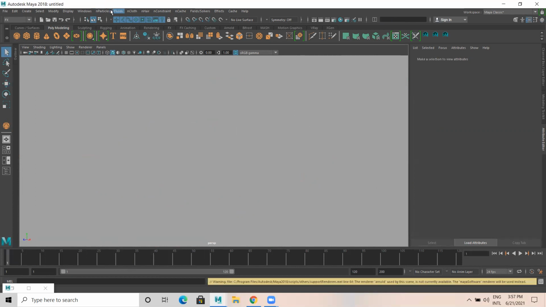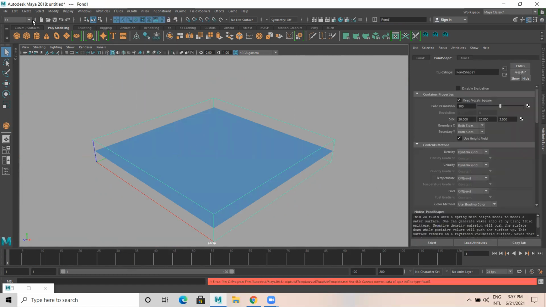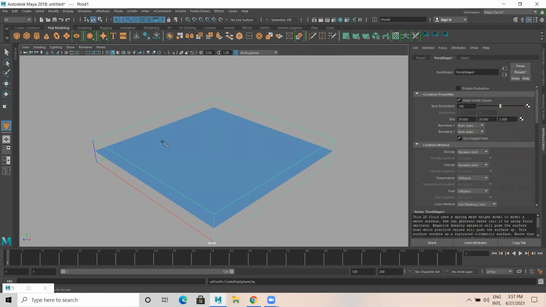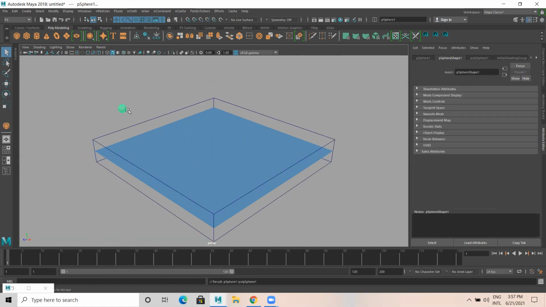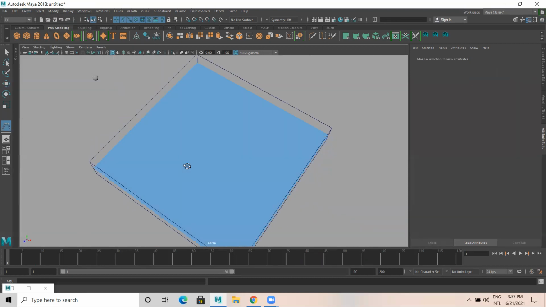I create a new scene. I take a fluid. I create a pond. Then I create one sphere. I make this smaller. I create one curve, CV curve.